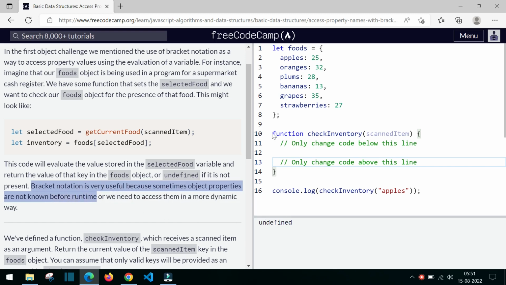So before running this function, we do not know what is the value of the scanned item. Okay, what is the value of the scanned item? So what is the property that is accessed as scanned item parameter? Okay, so we do not know what is scanned item. So bracket notation is powerful for accessing properties like this. So before itself we do not know what is the property, so during runtime only we will be knowing what is the property. So for that we can be using bracket notation. Okay,